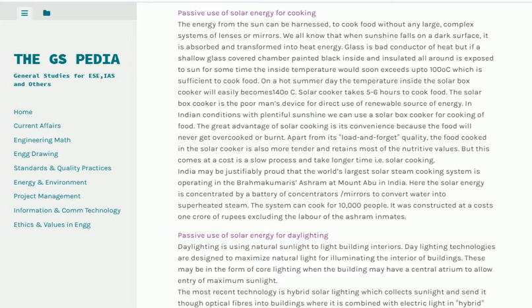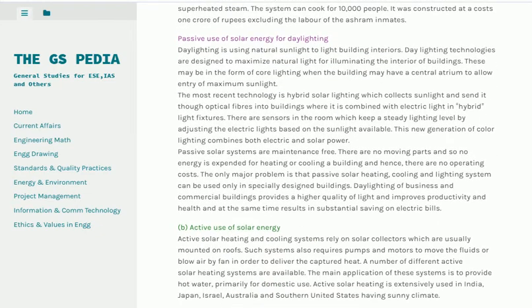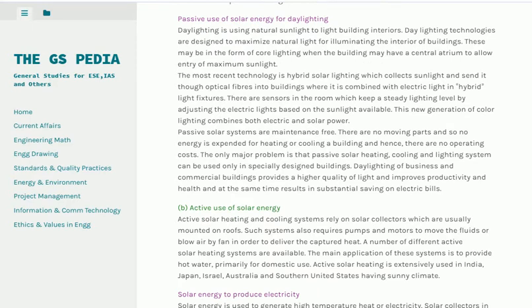Passive use of solar energy for daylighting. Daylighting is using natural sunlight to light building interiors. Daylighting technologies are designed to maximize natural light for illuminating the interior of buildings. These may be in the form of core lighting, where the building may have a central atrium to allow entry of maximum sunlight. The most recent technology is hybrid solar lighting, which collects sunlight and sends it